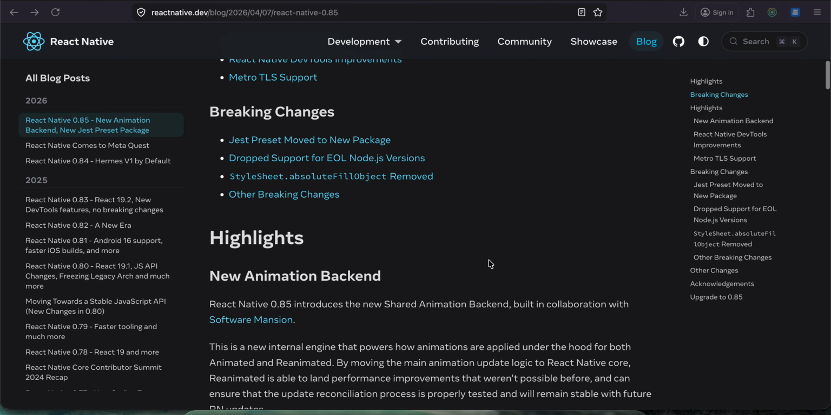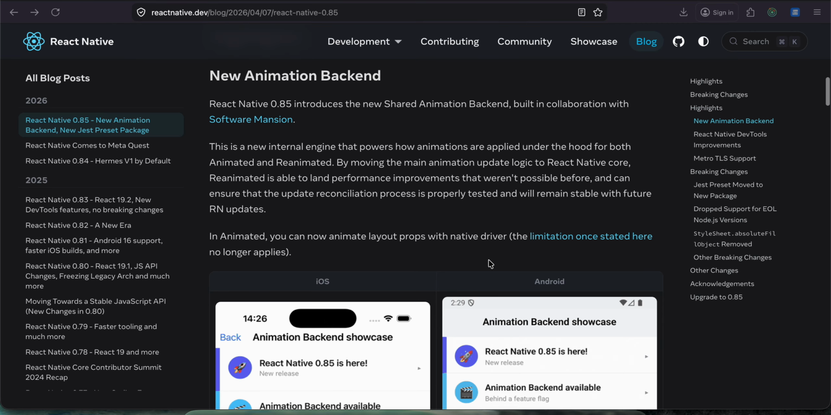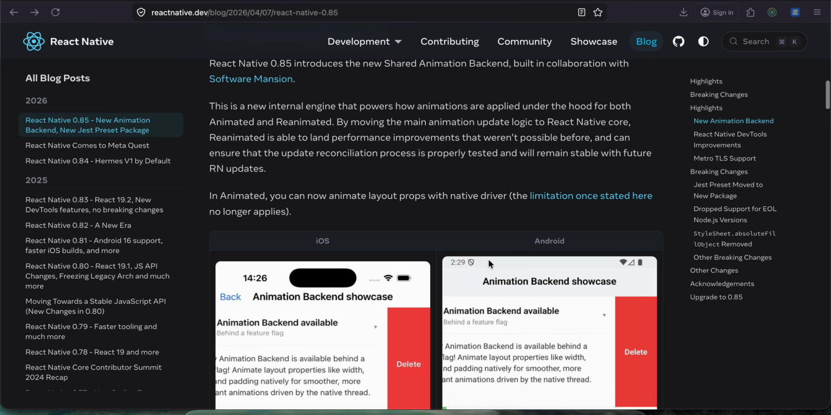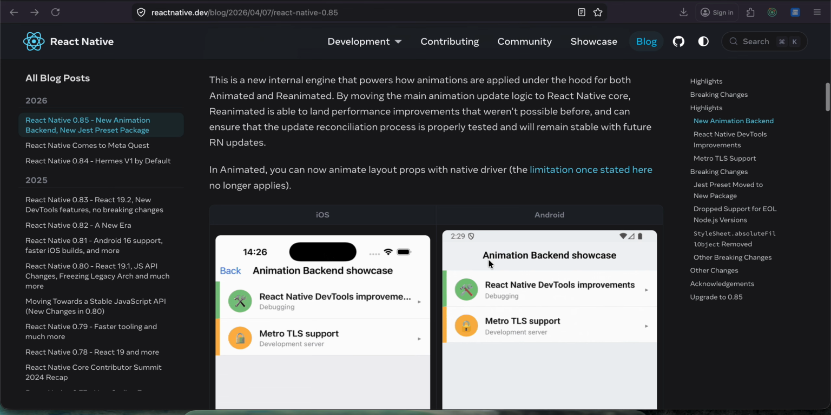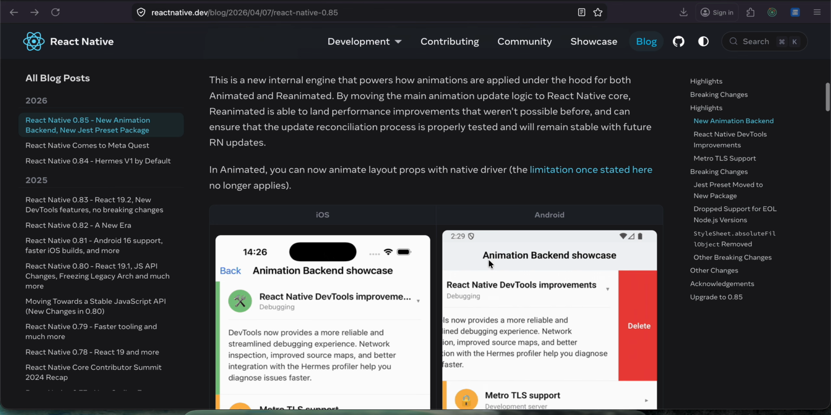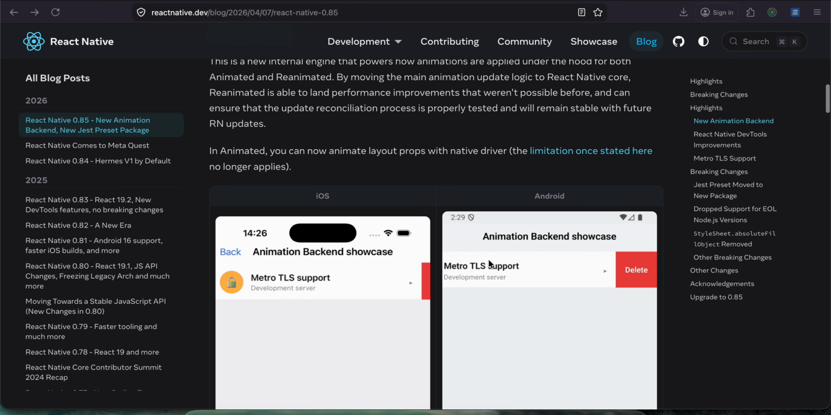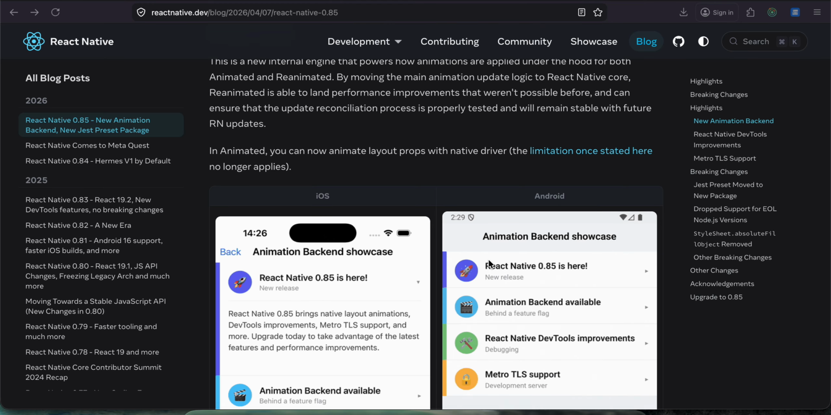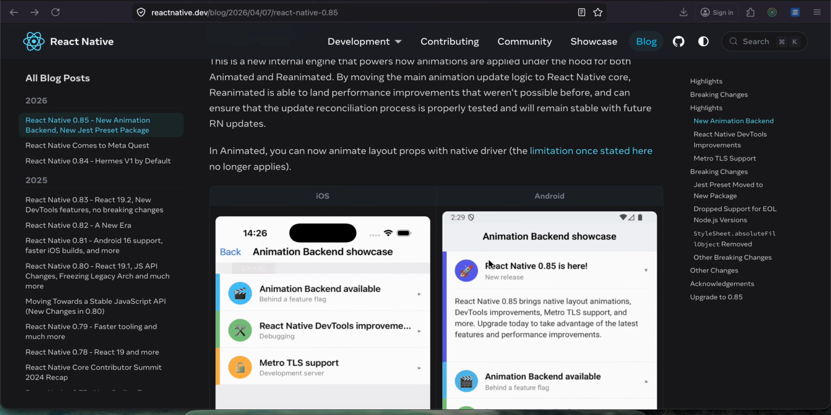and fixes. So, new animation backend. React Native 0.85 introduces the new shared animation backend, built in collaboration with Software Mansion. This is a new internal engine that powers how animations are applied under the hood for both Animated and Reanimated. By moving the main animation update logic to React Native core, Reanimated is able to land performance improvements that weren't possible before and can ensure that the update reconciliation process is properly tested and will remain stable with future RN